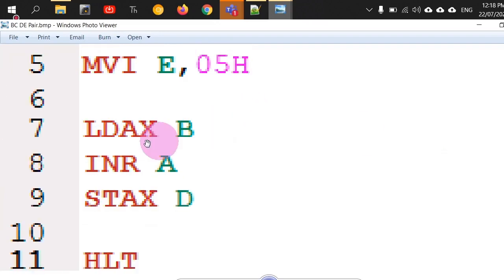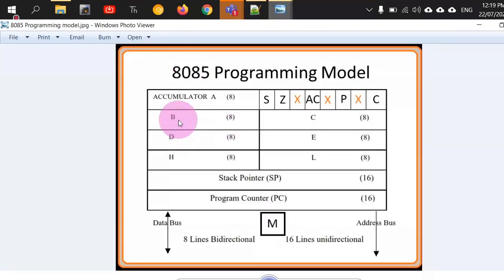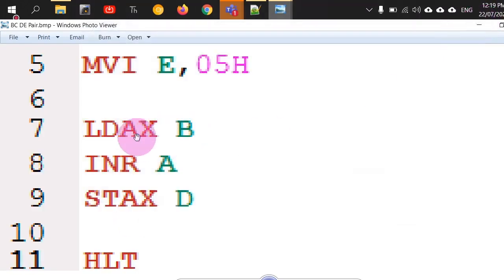So this command could be seen as a similar command, LDAX B. X means the register that you are using should be used with its pair. I mean, B is paired with C. B is not paired with any other register. If you see the programming model, B is paired with C. So the BC register pair is the only pair that B can make, and in that order. You cannot have a CB register pair even. You can always have the BC register pair or DE register pair or HL register pair, right? So that's what pairing has to be done. So X indicates pairing, or X indicates a 16-bit operation, right?